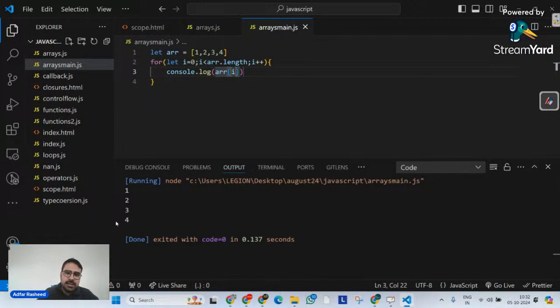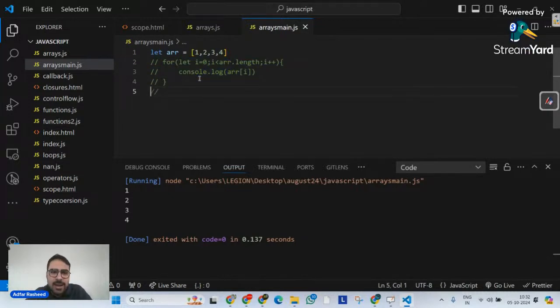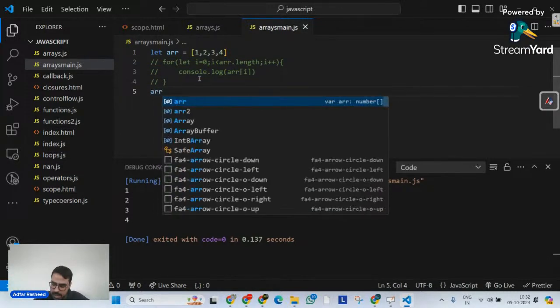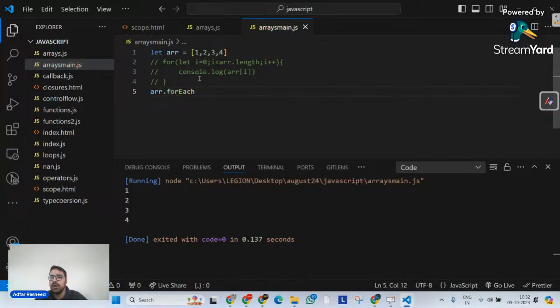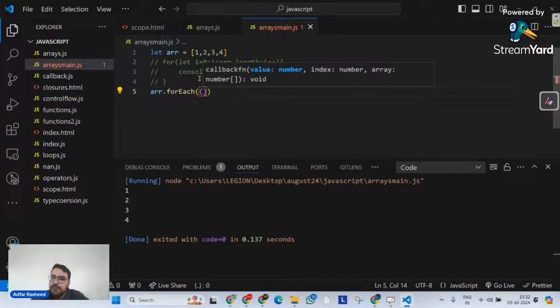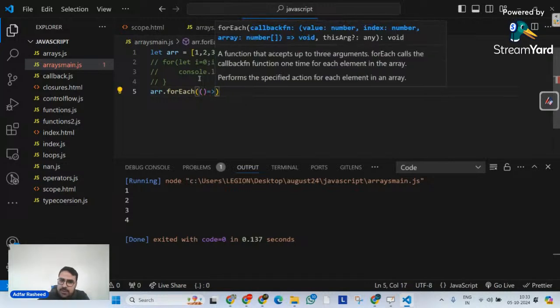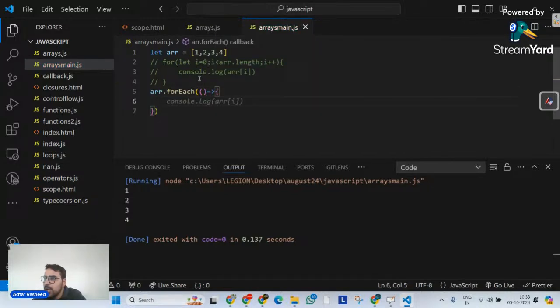The first method we are going to discuss is called the forEach loop. A very simple method, not used that much, but it's a very important method as well. I will simply tell my arr, the original array that I have, to implement forEach. What does forEach actually mean? It is a looping method that we can use on an array, and its intention is only one thing: to execute the callback function that we pass as an argument on every single element that we have inside an array.